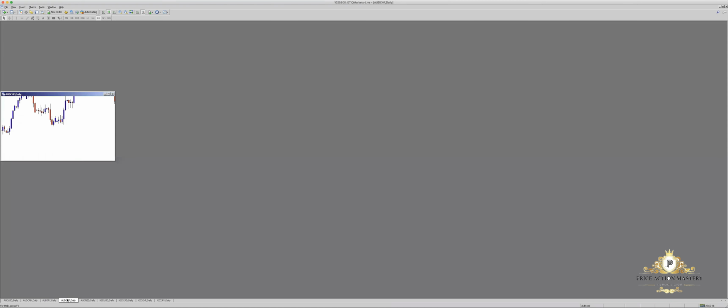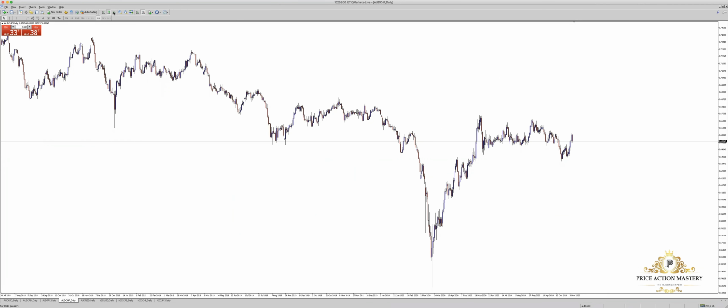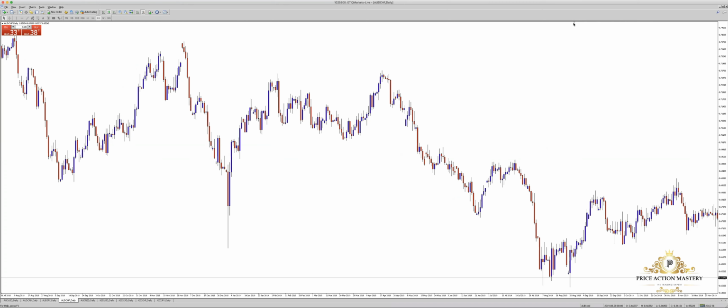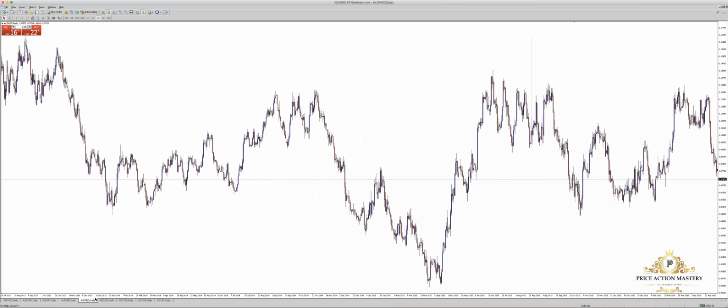The next will be Aussie Swiss franc. The same thing: buy upside. This is the support level. As you can see, a very good support level. So we can see the market go back to this support level, and we can feel upside exposure. This is Aussie Swiss franc. Next, we go to Aussie New Zealand.